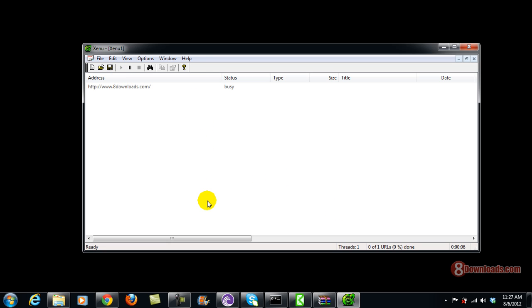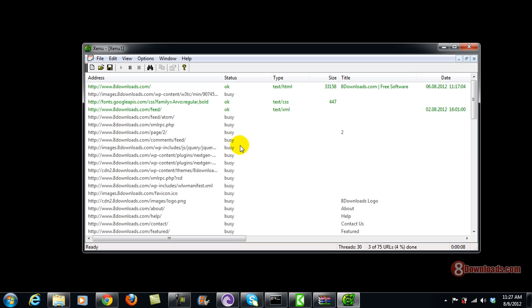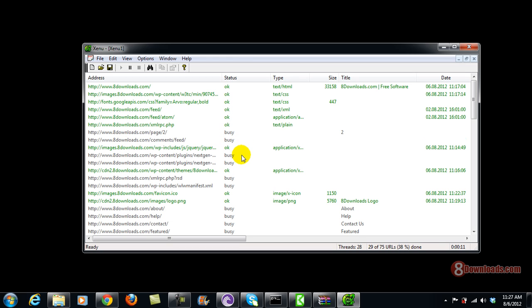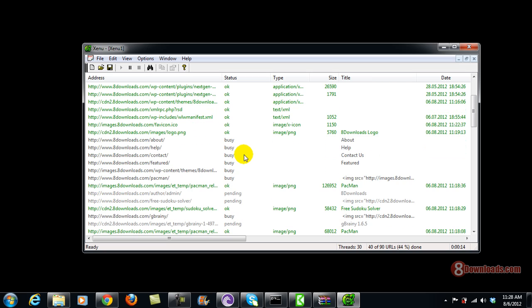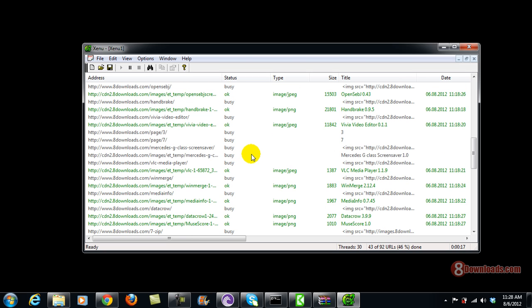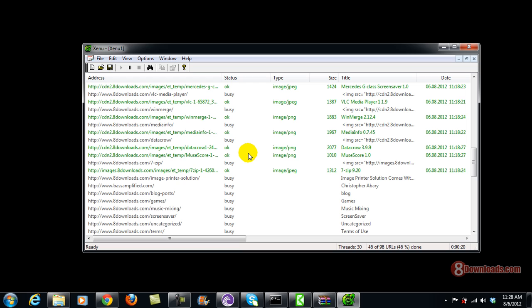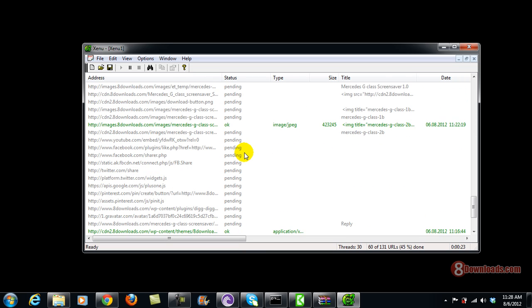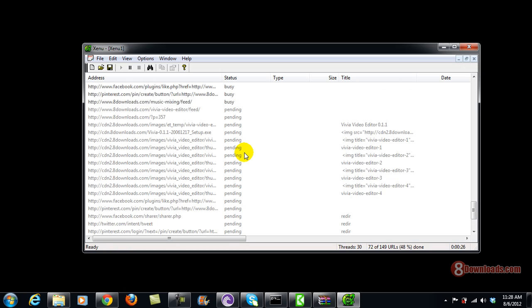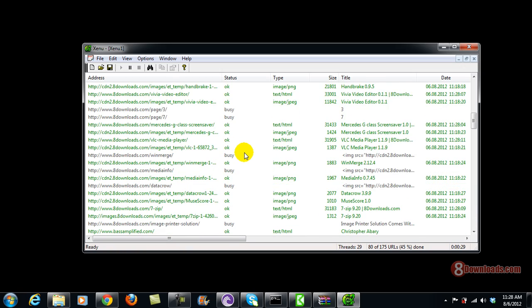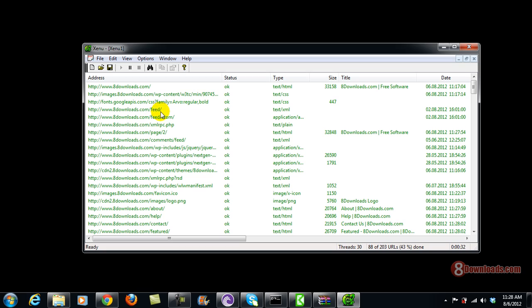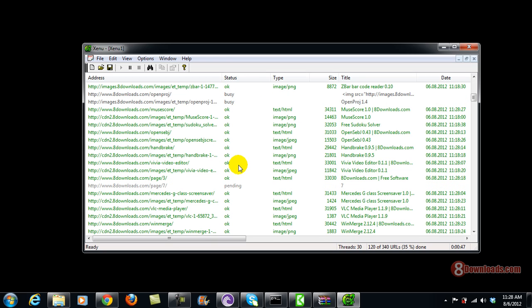Now this time it's still checking for any 404 errors. There you go. It's scrutinizing every link, even the whole directory. So the good thing about this software is that you will see every status of the page. For example, the main page, the status is okay, gives you a type of description as well, and sometimes if the status is not accessible, then it will enter 404.